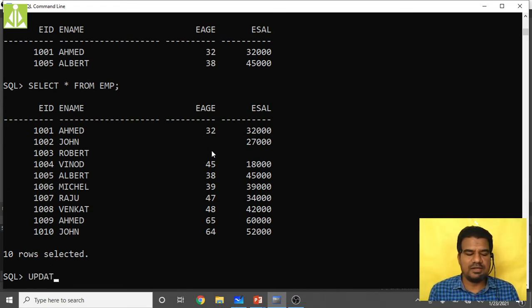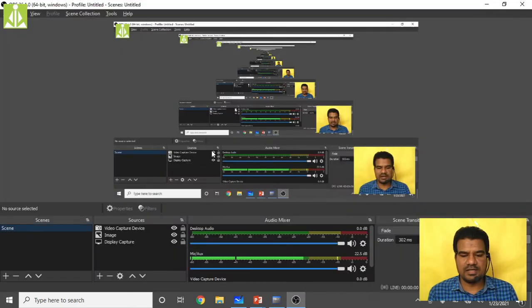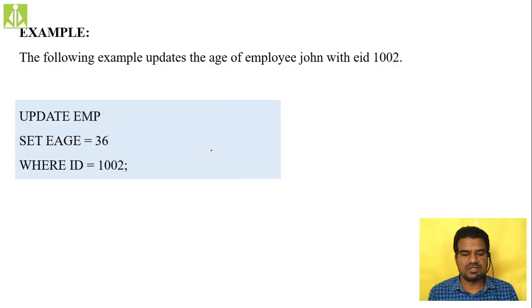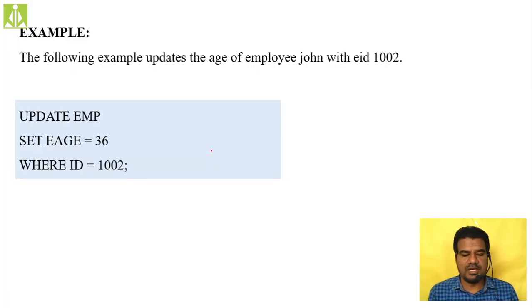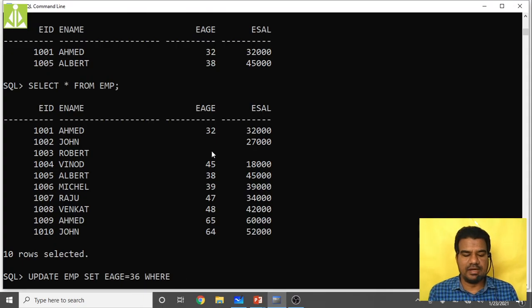So update table name employee. Then set age equals to how much? Let us say 36, as we said inside our slide. That same 36 I am keeping over here. Age equals to 36, where EID equals to 1002.